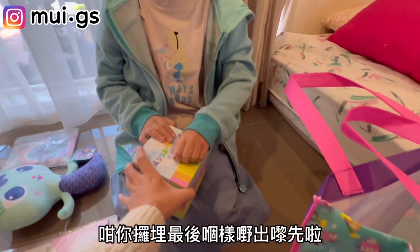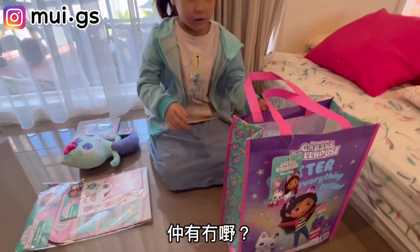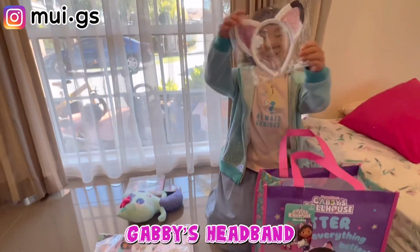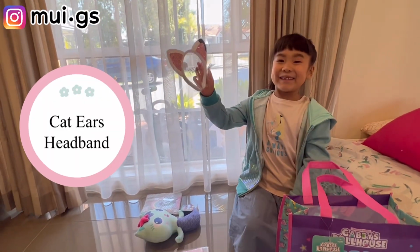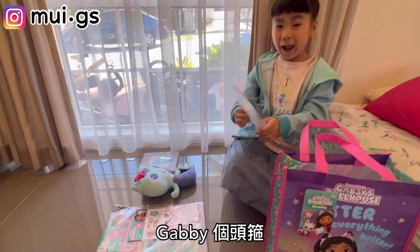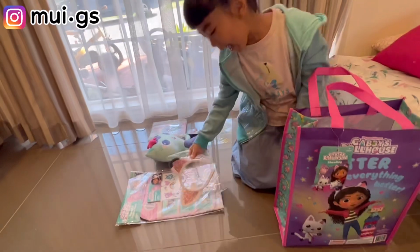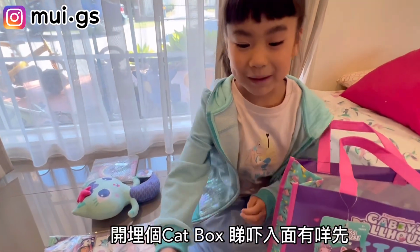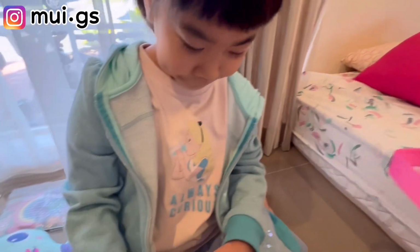哦，咁你攞埋嗰個先。仲有冇嘢啊？Oh, and the last special list. Headband. Gabby 個頭箍係咪啊？Happy. 我開埋 box inside. 開埋個 box 睇入邊有咩先。